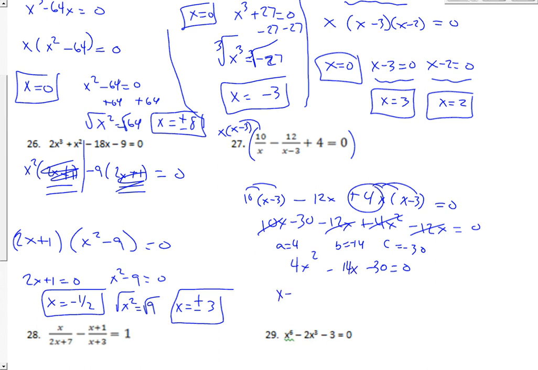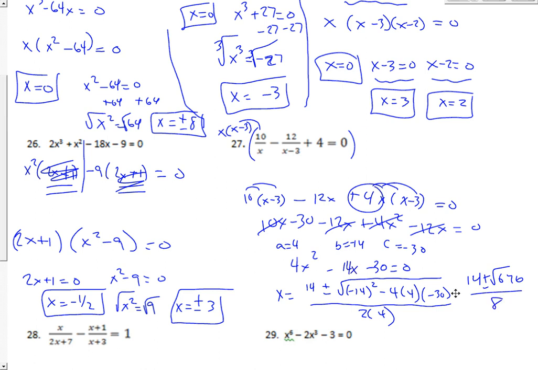So x equals 14 plus or minus the square root of negative 14 squared minus 4 times negative 30 all over 2 times 4. When I simplify the radical part here, I'm going to get 14 plus or minus the square root of 676 and then over 8. The square root of 676 is 26, so I'm going to get 14 plus 26 over 8 and 14 minus 26 over 8,